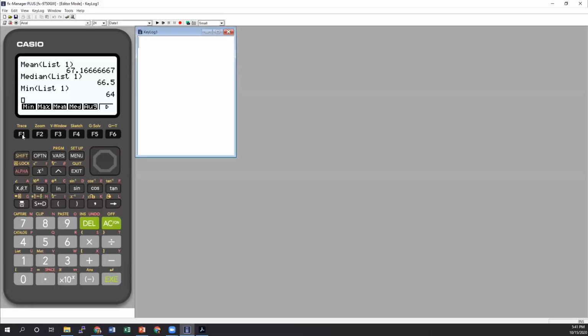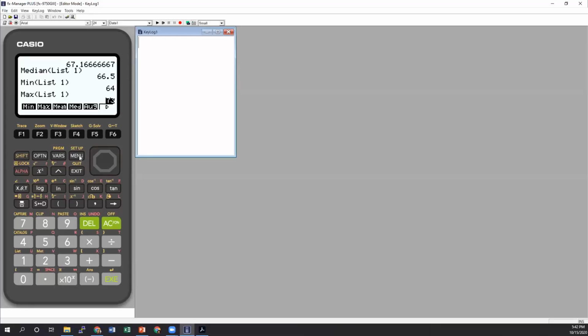And we know that 64 was our minimum. Just in case you have a lot of numbers, it's a little bit harder to figure out your minimum and your maximum. So we have most of our 5-number summary here. Can we then go through and create a plot of this, and what would it look like? And is a box and whisker plot the best? So that is how we would do that.